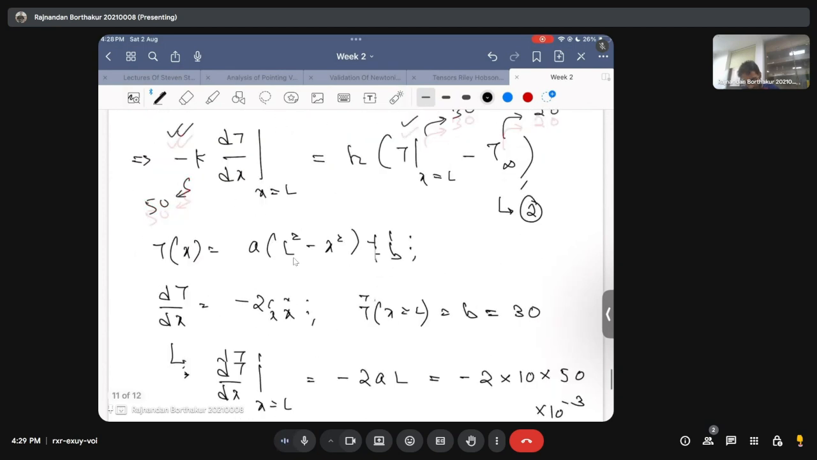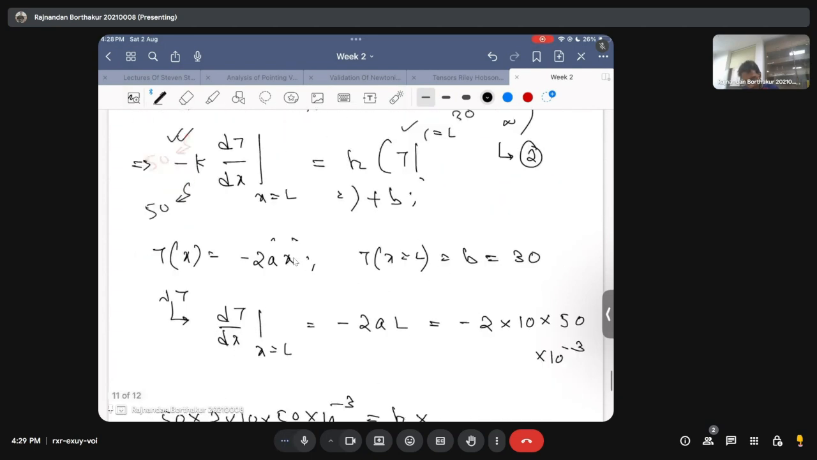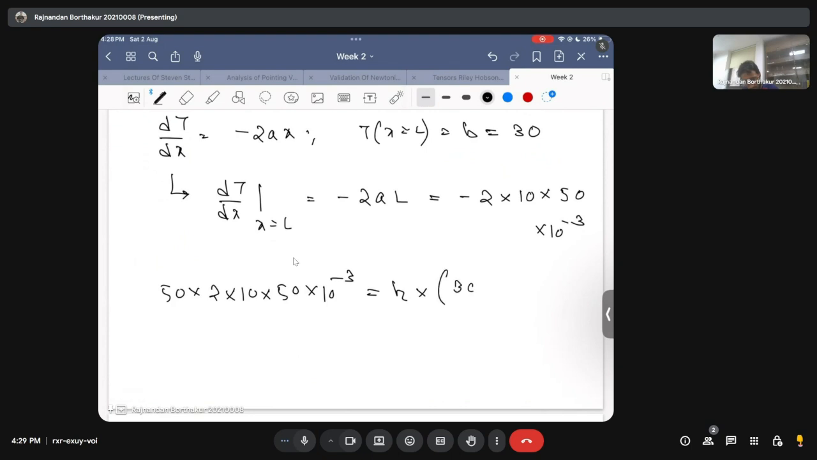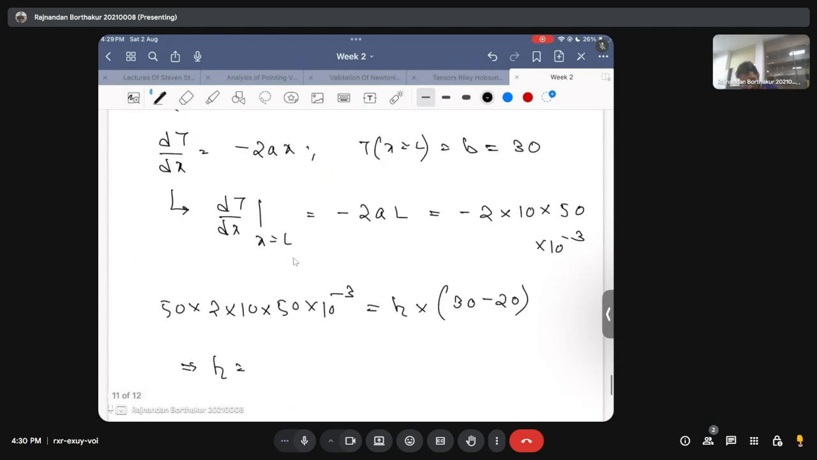So this is 50 and all these things are there. H is something that we need to calculate, times 30 minus 20, which means that your H, that is the heat transfer coefficient, will just turn out to be,